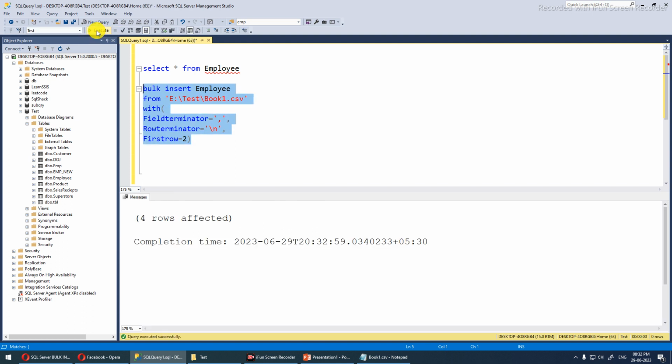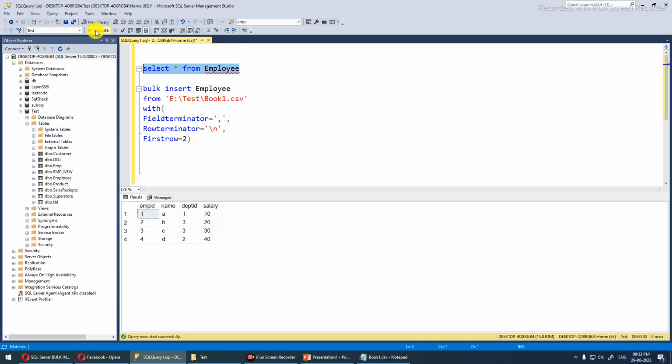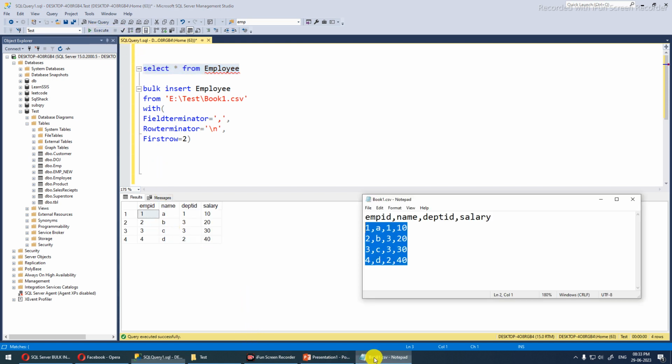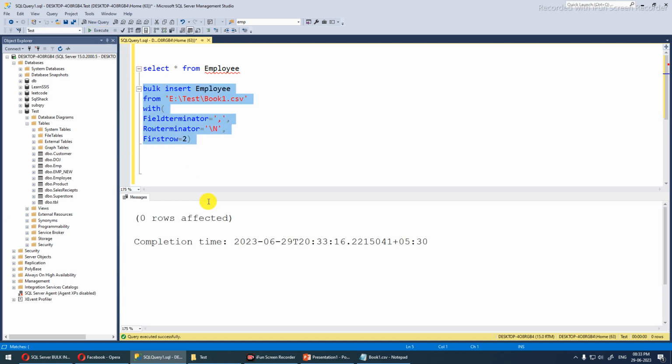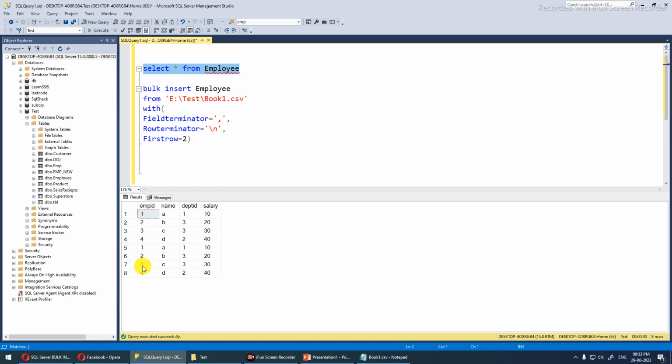Now let's execute and see here 4 rows have been inserted. Select here. See, the 4 rows have come up with the same data. So guys, if you try to keep your capital N, then it will not work. It will throw an error. Now 0 rows, it means no row has gone because it's separated by always backslash and small case n. If you run again, then the data will go again. So see here now 8 rows, because I executed the query 2 times, so total 8 rows must be there.